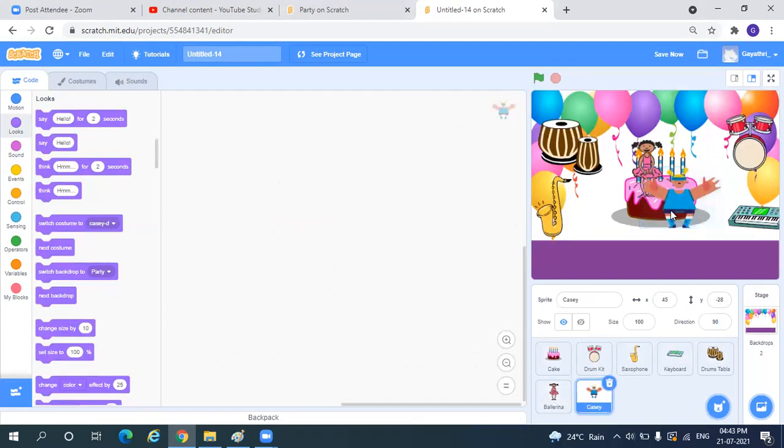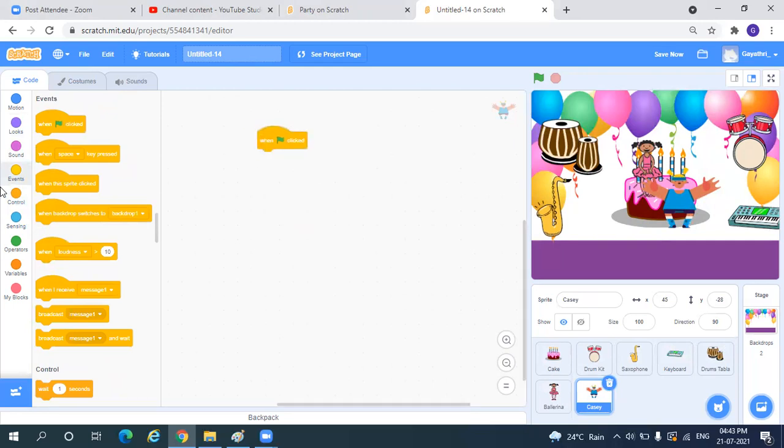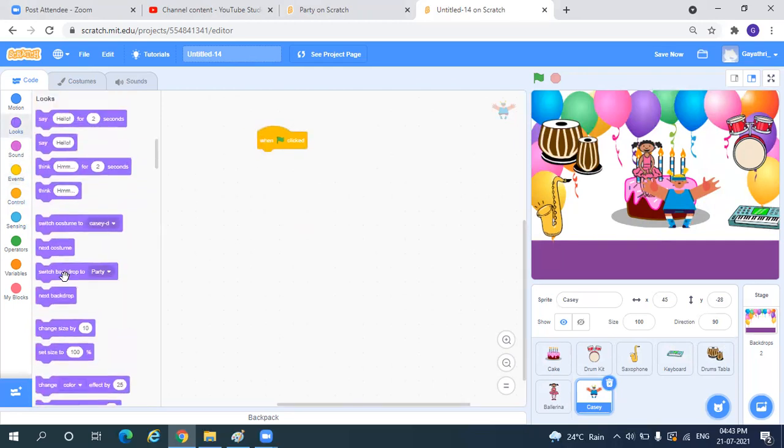Then see, Cassie is a little big, so for that we'll go to events. When flag is clicked, go to looks, set size to, so we'll make it 80%.